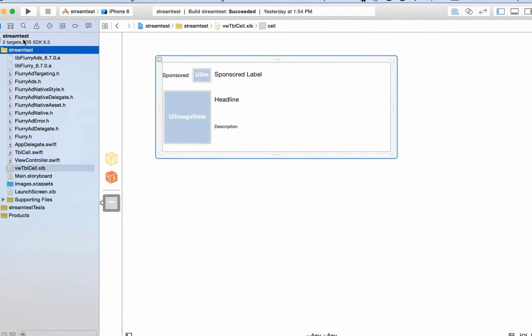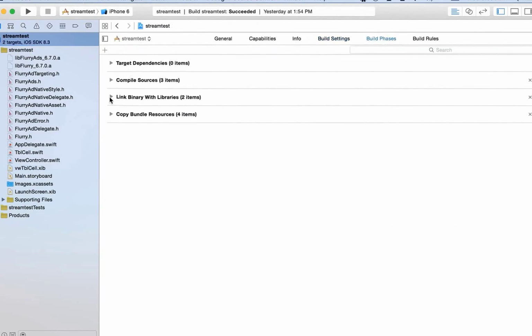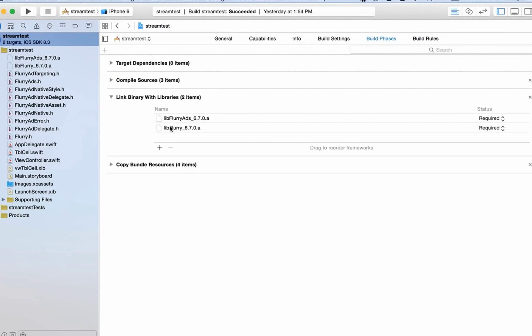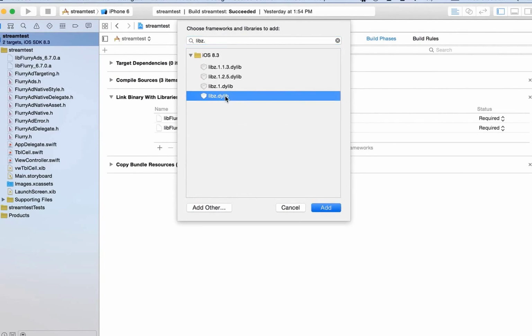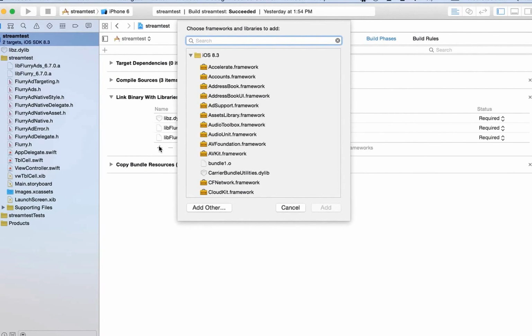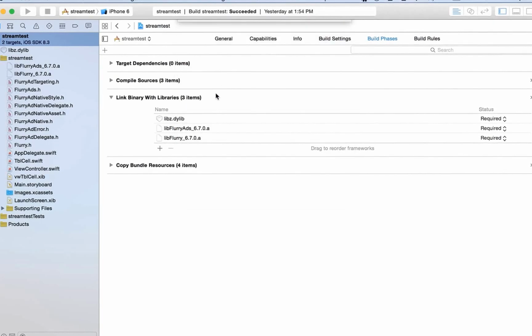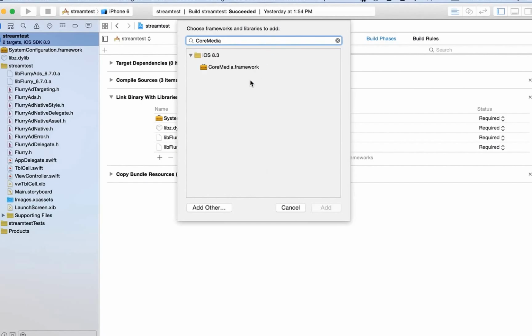Next up, we'll go into our project root. We'll head over to Build Phases. We'll expand Link Binary with Libraries. And here we'll bring in any frameworks needed by Flurry to serve these ads. The first of those being libz.dylib, followed by SystemConfiguration.framework. Next up is CoreMedia.framework,